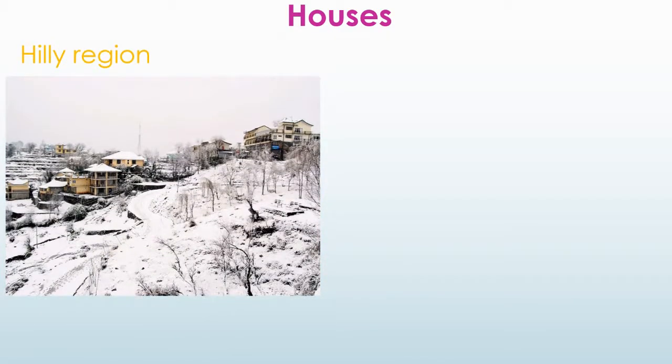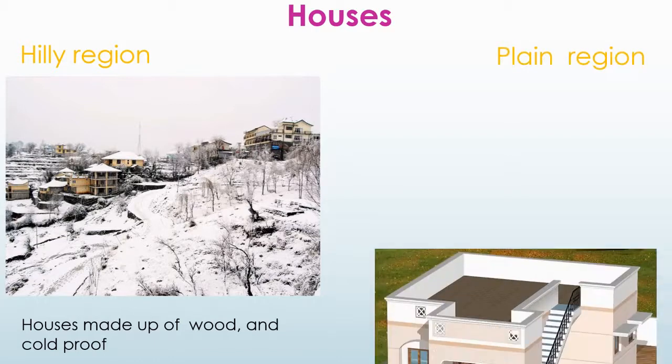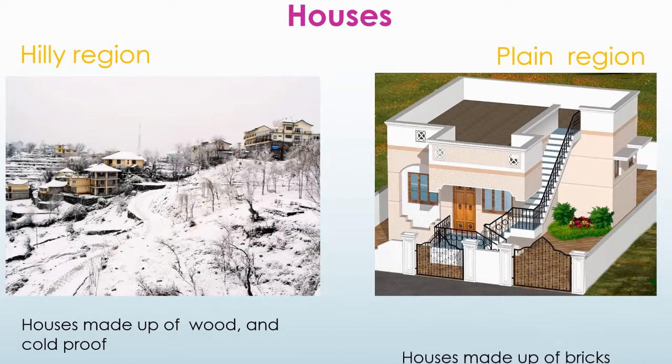Houses. The housing styles are different in both these regions, in hilly as well as in plain regions. In the hilly region, as you can see carefully, students, in the picture, the houses have a rooftop that is sloping because it prevents the collection of rain and snow. And the houses are made of wood and are cold proof. Whereas in the plain region, the houses are made of